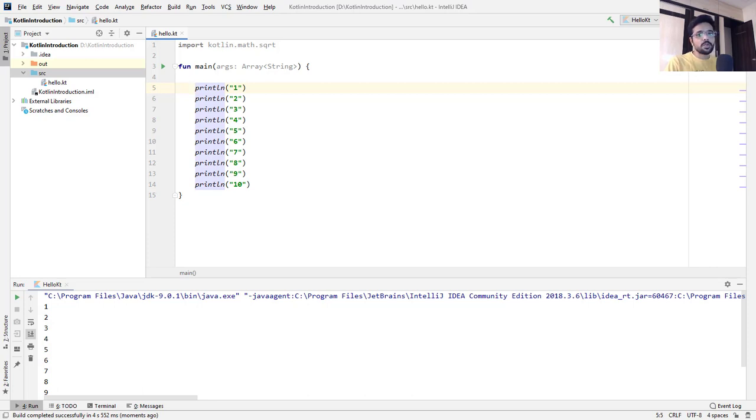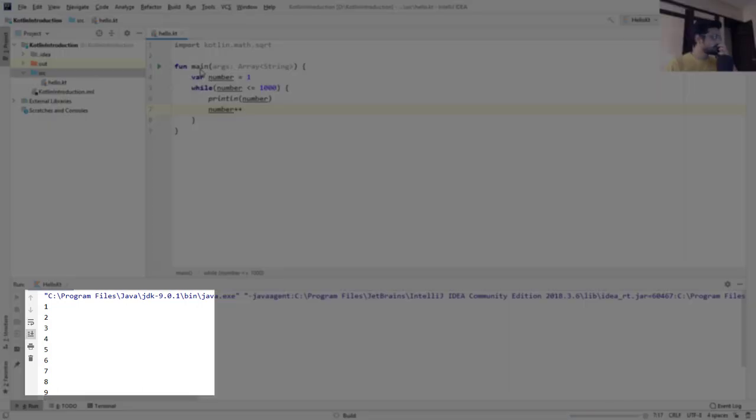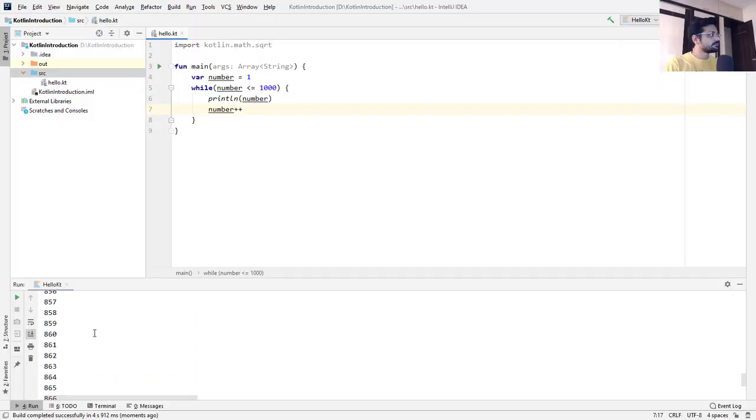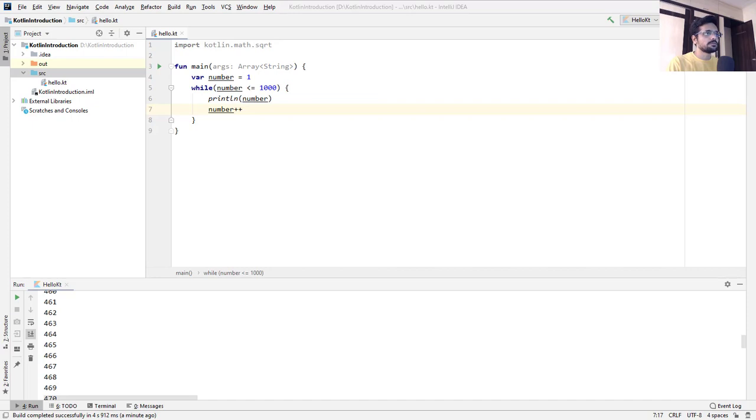So here comes our loops concept. Instead of writing println 1000 times, we can use a while loop to print them. As you can see, we have successfully printed numbers up to 1000. Here the condition number plus plus is pretty important, otherwise it goes into an infinite loop.